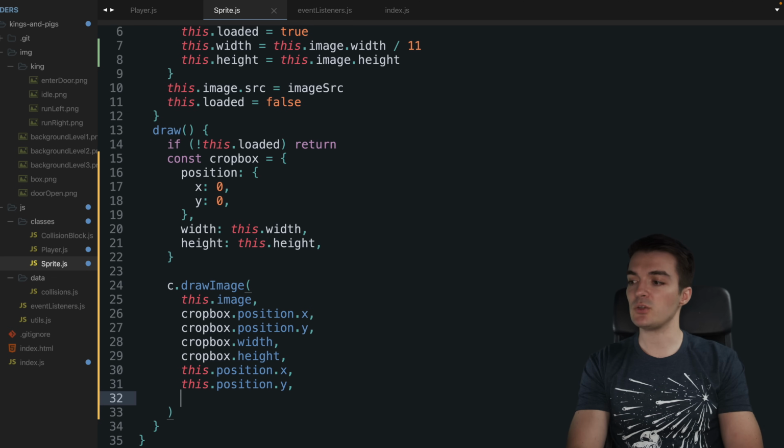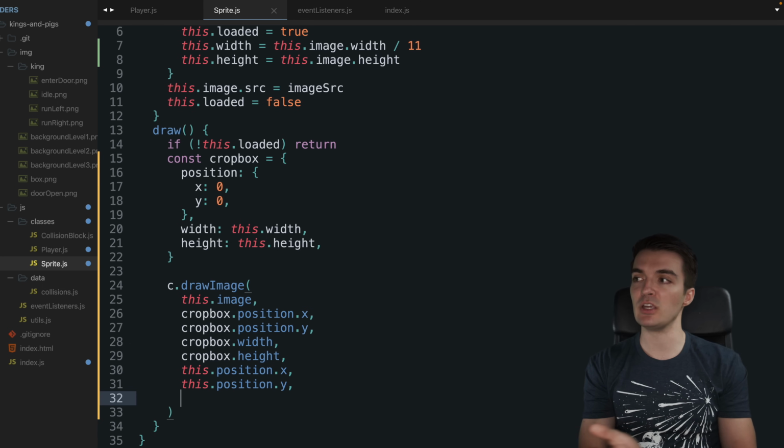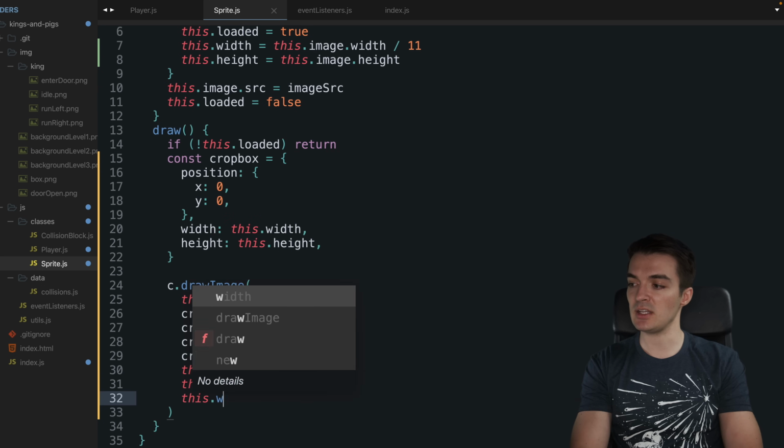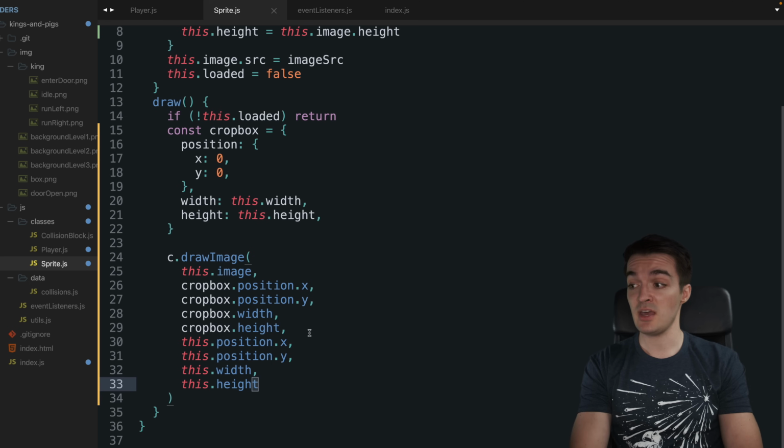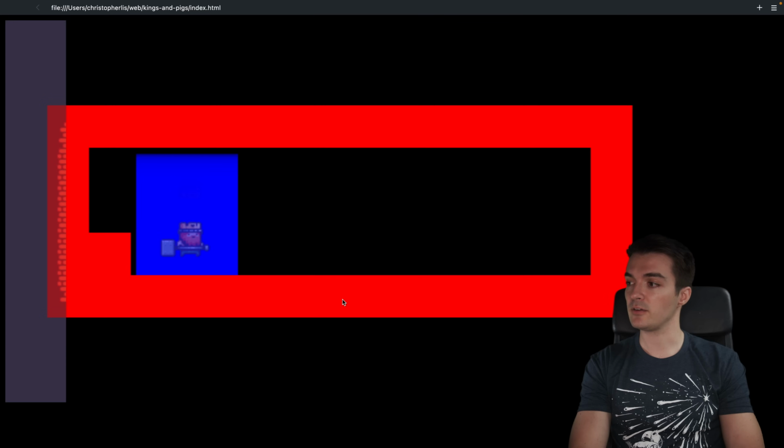And then finally, we want to declare the actual width and height of the image. We can just use the ones that we already assigned to this.width and this.height. So we'll put in this.width and then this.height. As you can see, we have 9 arguments, a big function, but this is what we need to begin cropping our image. So let's save this, refresh, and you can see, well, we definitely cropped our image, but what